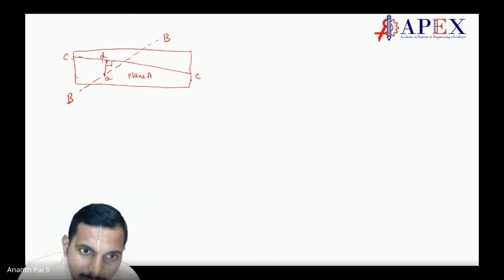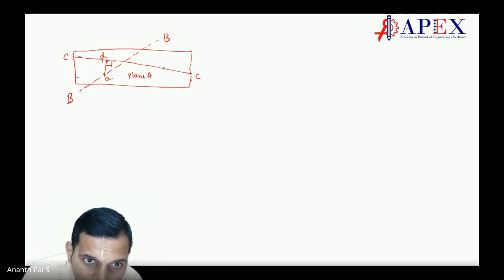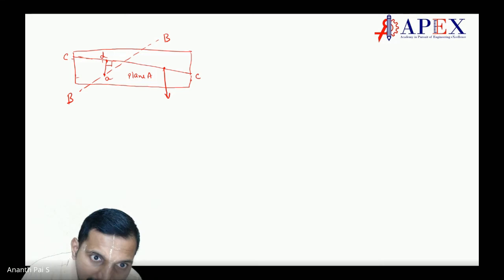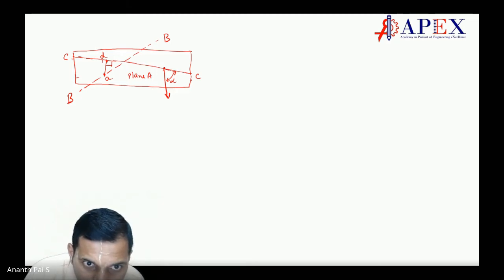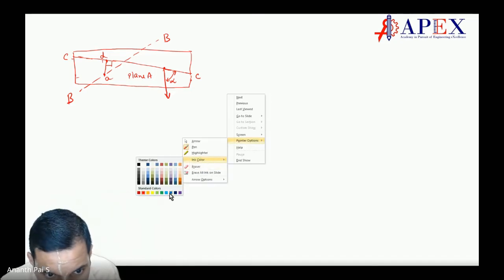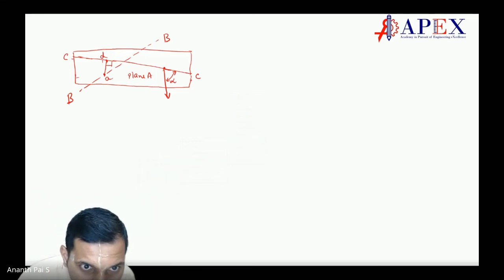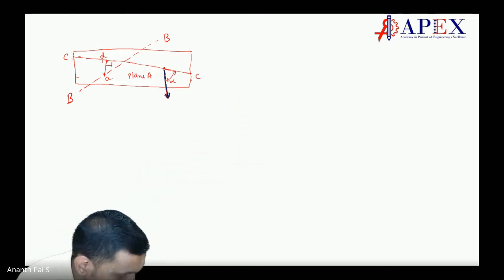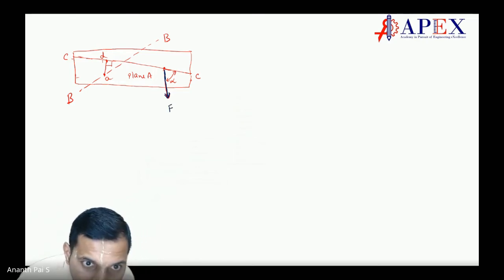Now let a force act over here, with some distance and some direction. Let me say the force is in this direction, which is making an angle of alpha with this FA. I'll write the force again in a different color. This is to make it complicated as well as understandable. Any complicated thing you should be able to understand. This is the force F, which has an angle alpha.